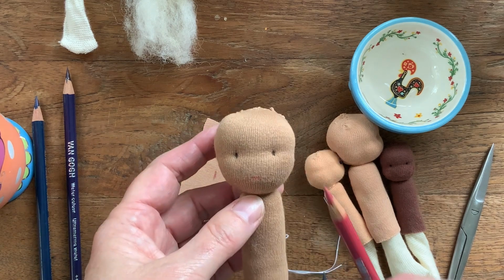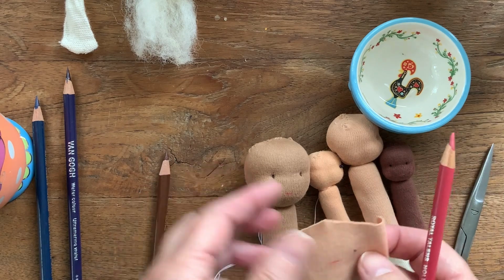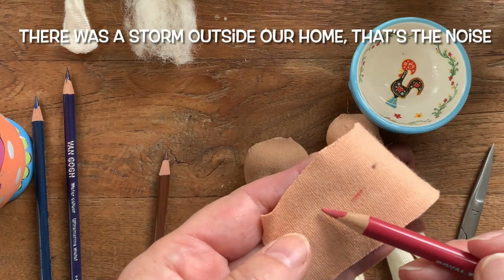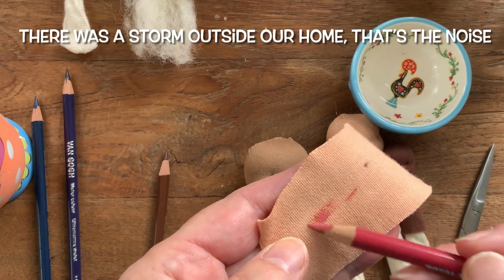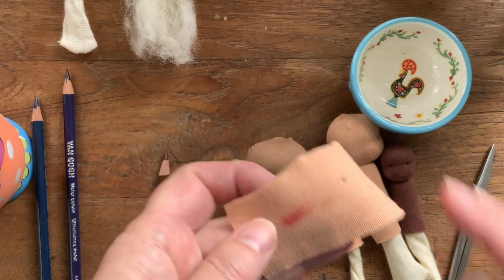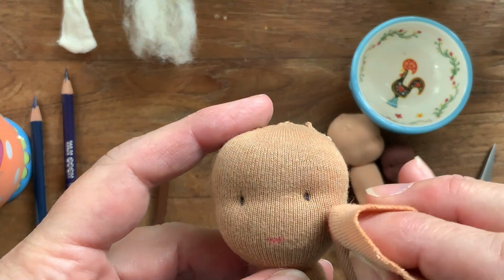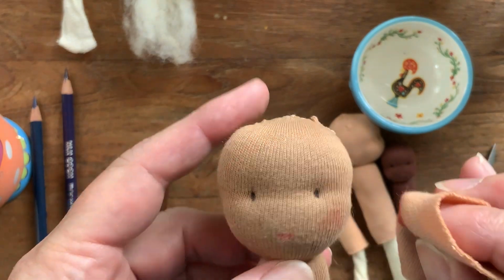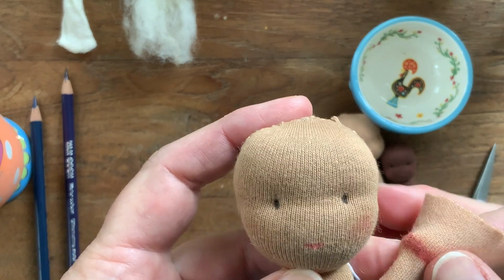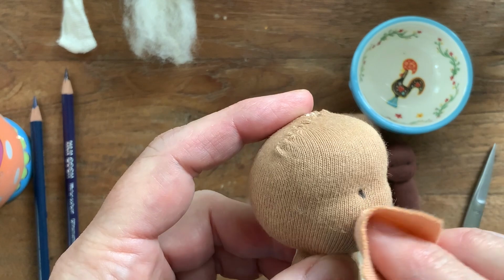And to give the cheeks some color, I put a little red on a scrap piece of fabric again, just like this. And with this scrap of fabric, I'm just going to lightly color her cheeks. Well, this one became rather